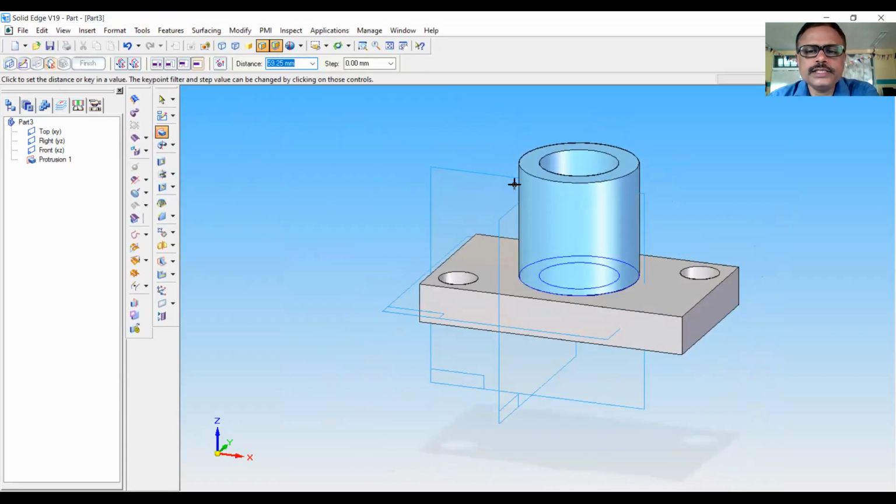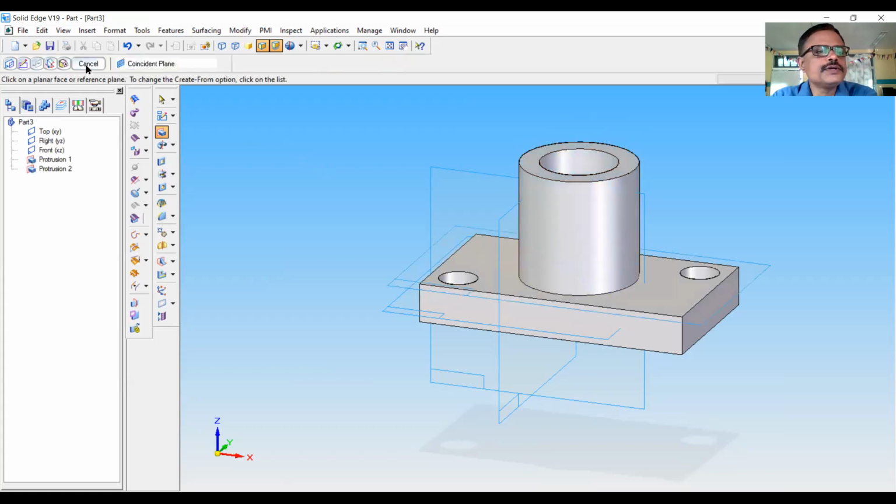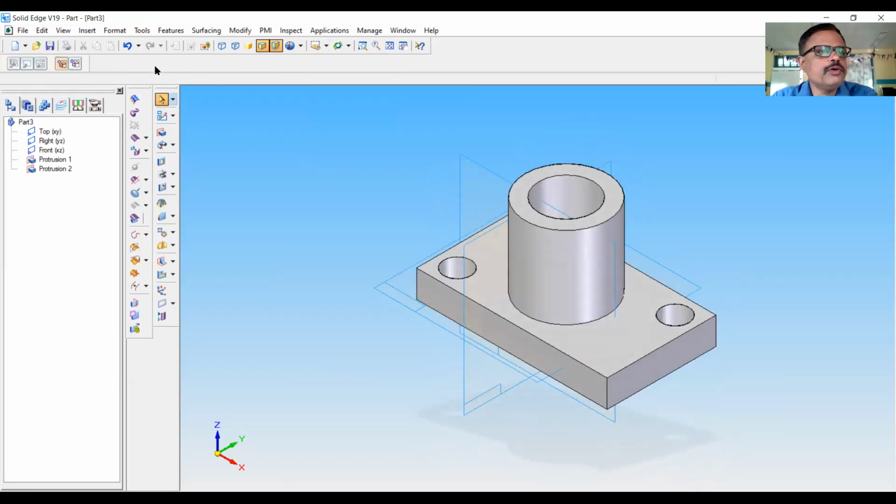This height is 60 mm. You can see the solid part is created in a plane which is perpendicular to the sketching plane. This is 60. Enter 60. Then click finish and cancel. Now keep it in isometric view mode.